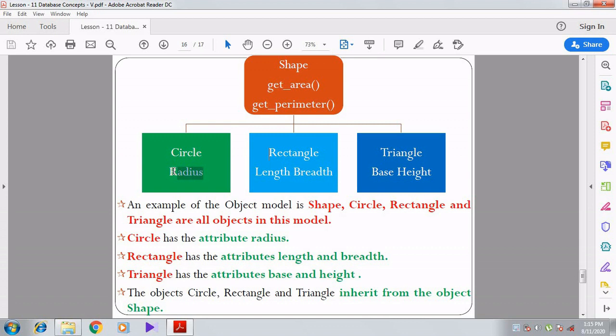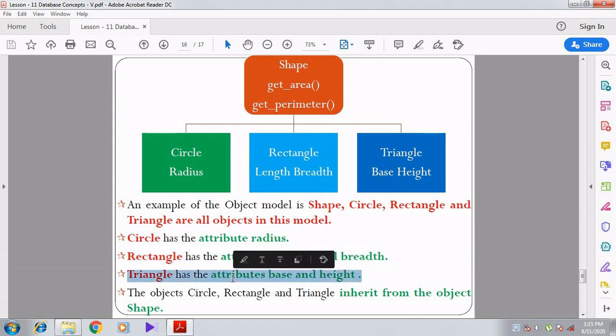So like that, here also you can see in rectangle, length and breadth. These are all called attributes of the rectangle. Whereas base and height are the attributes of triangle. See here, circle has the attribute radius, rectangle has the attributes length and breadth, triangle has the attributes base and height.